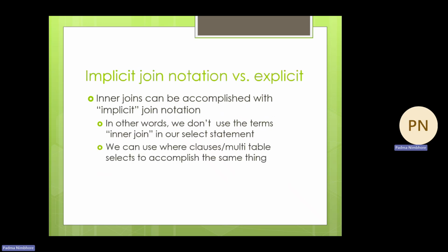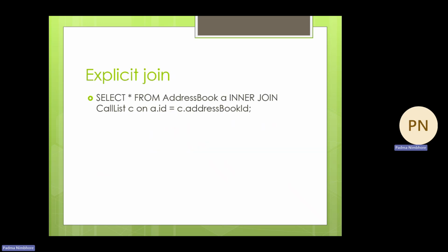Implicit join notation versus explicit join. This operation is performed specifically for your inner join. An inner join can be accomplished with implicit join notation, where you don't use terms like inner join in our select statement. For example, here you can have the explicit join, which uses the term inner join in the